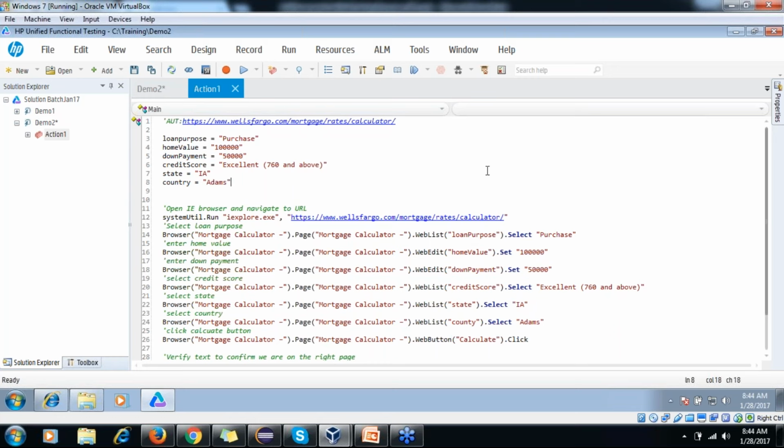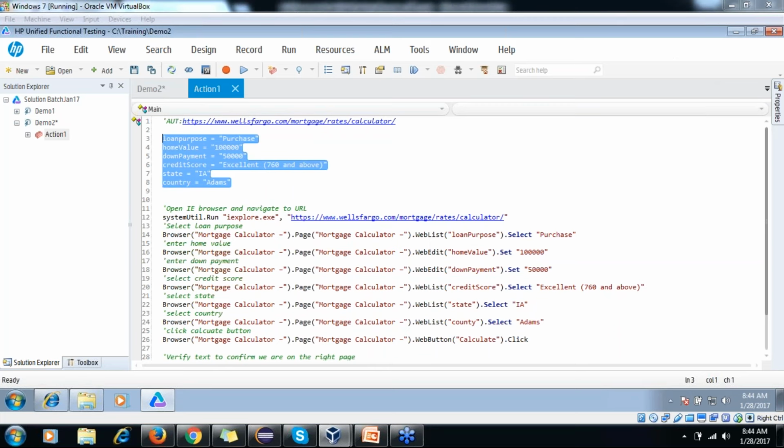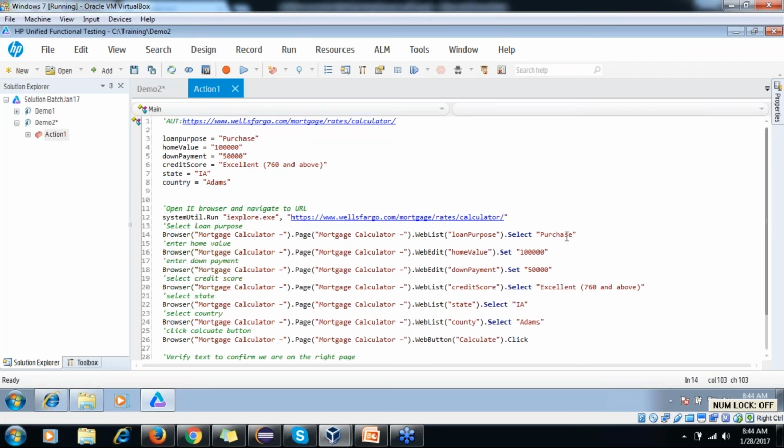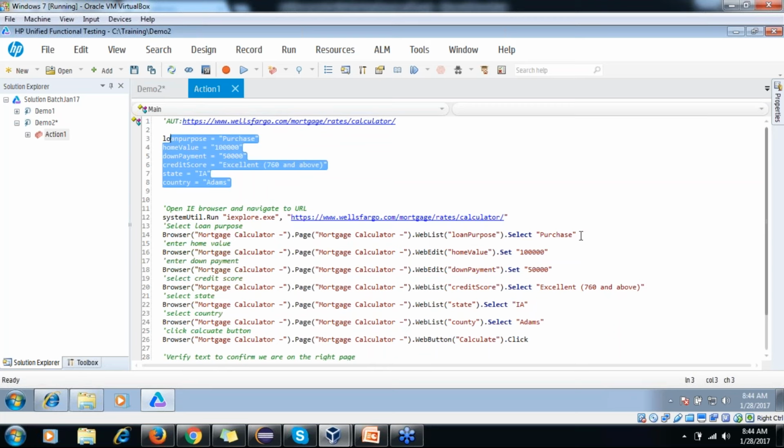All right, now I have used variables which hold my inputs, whatever I want to input on the application, so I don't need these hard-coded values here. We are using hard-coded values, but I don't want them from here.